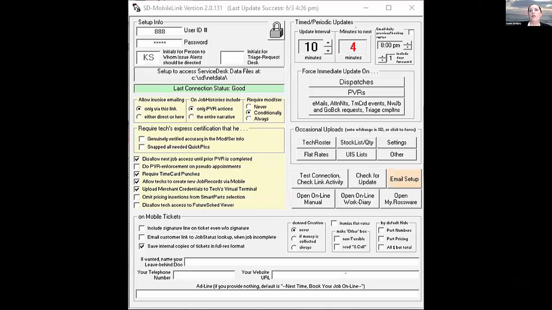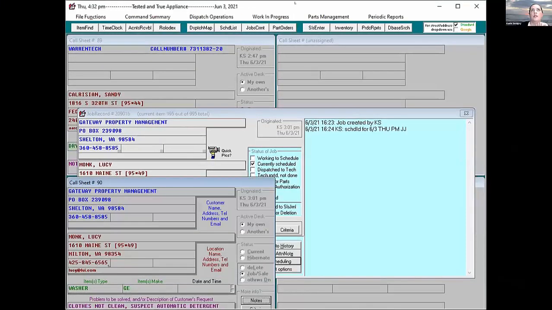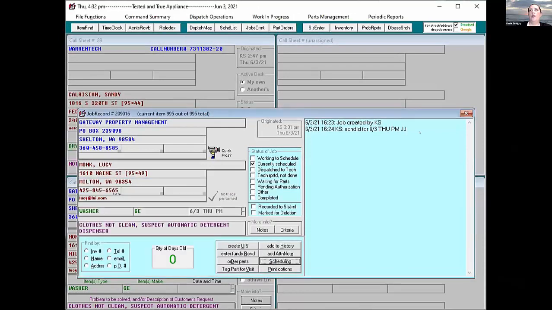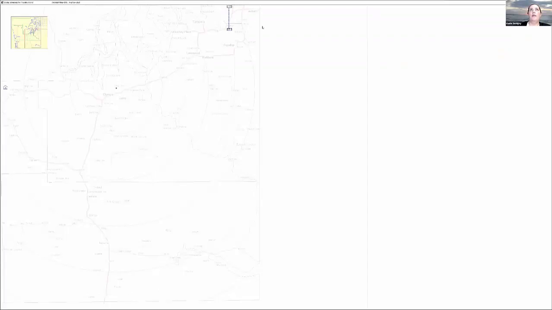I'm going to stop sharing the iPad. And we're going to switch back to sharing the SD mobile link. And we're going to go ahead and do that refresh again. Now, normally this would happen in 4 minutes as this thing counts down, but we're going to go ahead and click on triage. So now that we've done that, we'll go ahead and switch to service desk. Okay, so now we're looking at service desk again. And if we look on our dispatch map,